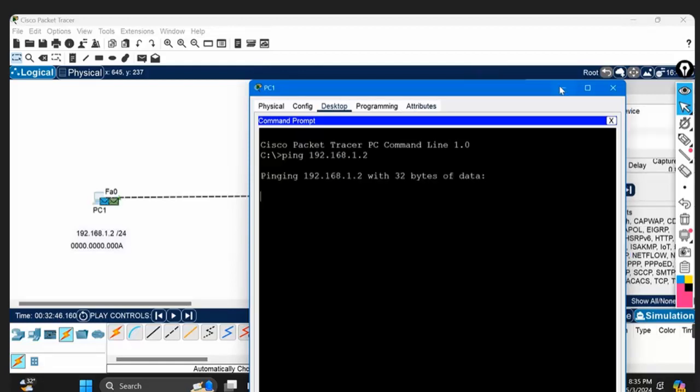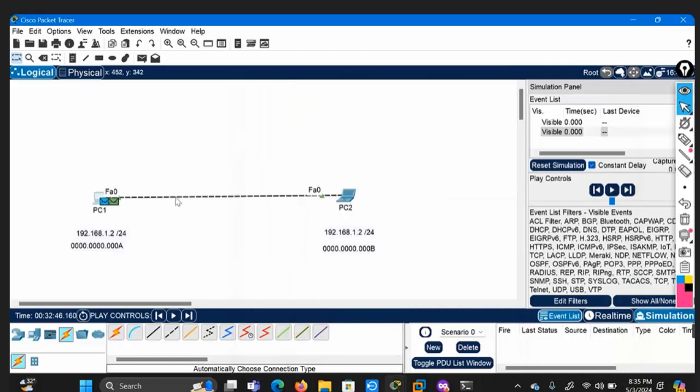See here, there are two packets created over PC1 when I press enter. One packet is ARP, Address Resolution Protocol, and the other packet is ICMP. I would like to ask you which packet will go forward first, ICMP or ARP?